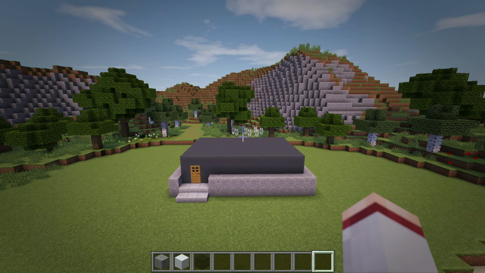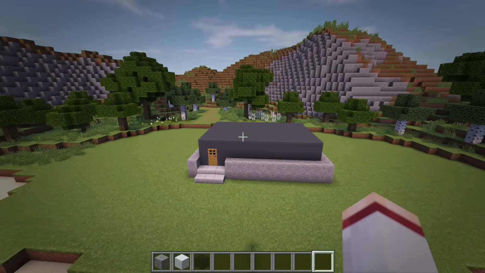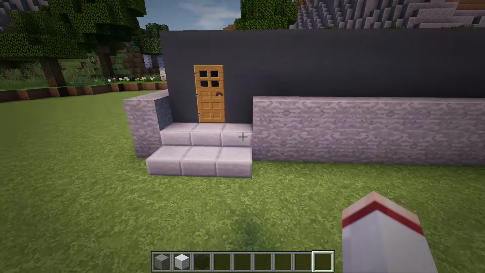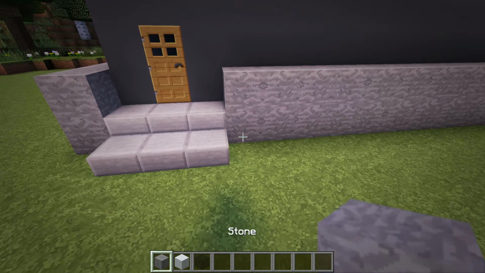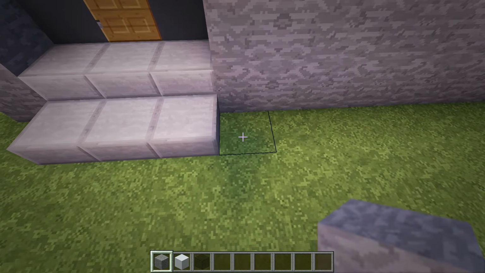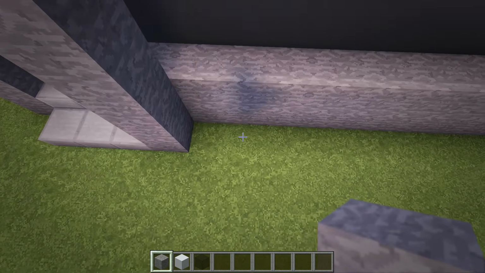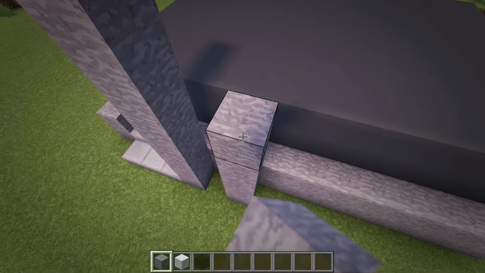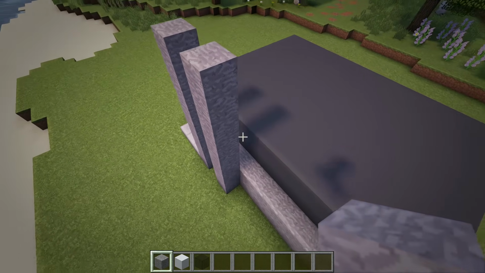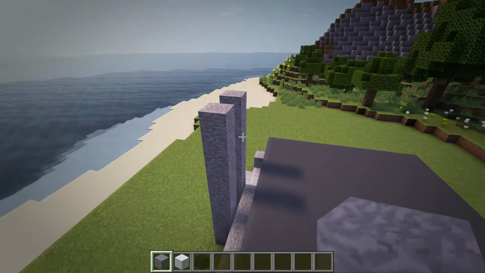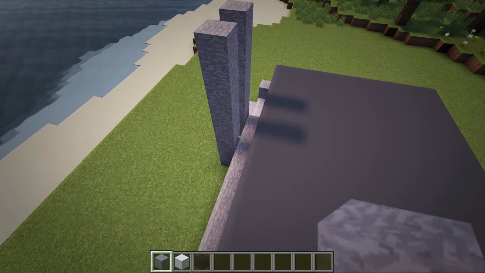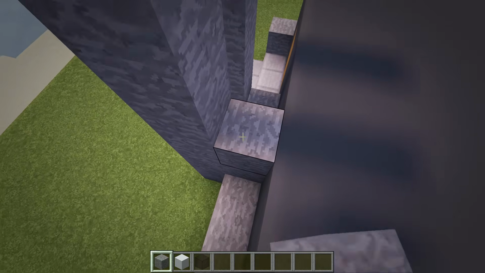Next we'll add a couple stone beams across this area. So at the right side of this entrance, let's start by placing in 2 stone columns that are 8 blocks tall and spaced a block apart from each other. Now once these 2 columns are up, let's then add an additional 6 blocks off the backs of them on top of the stone foundation so the columns are 2 blocks thick.